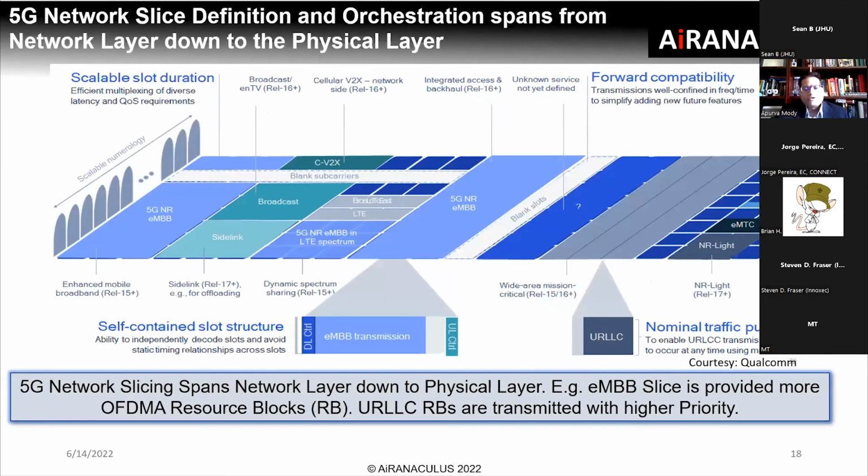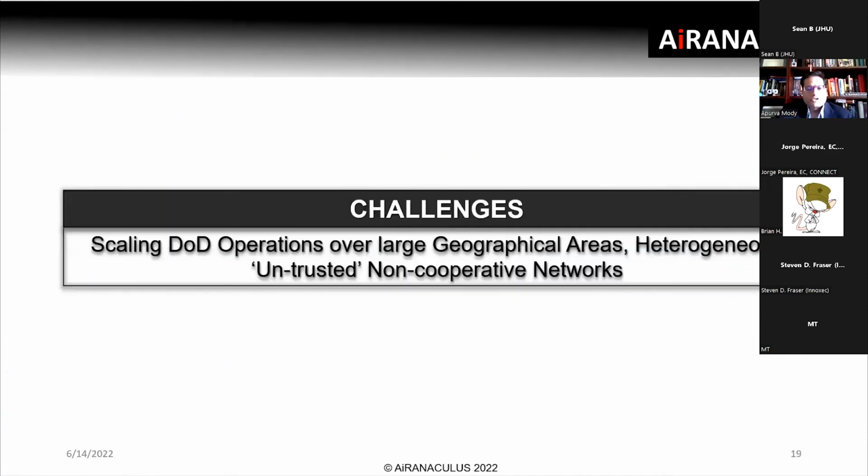Everybody knows that network slices flow down the requirements of the slices to the resource blocks and resource elements. Essentially, if it's an ultra reliable low latency communication, then that particular resource block comes ahead. And if it's eMBB, then you have a much higher number of resource blocks allocated to that particular service. So one of the challenges is scaling the DoD operations over large geographical areas, heterogeneous, untrusted,